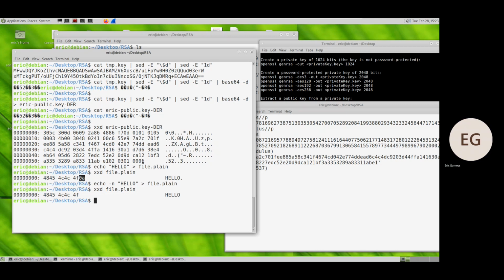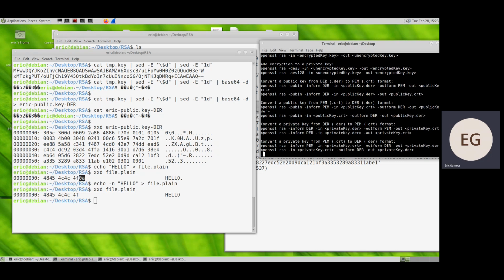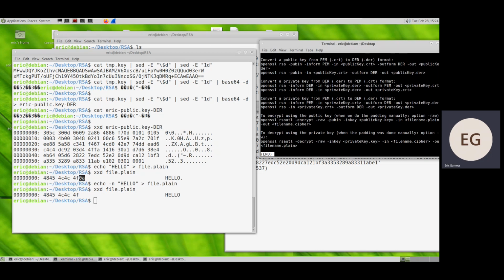So there is a command to encrypt. And in this case, if we use this command, we are going to sign, really. Okay, let's do first this one, to encrypt using the public key. So